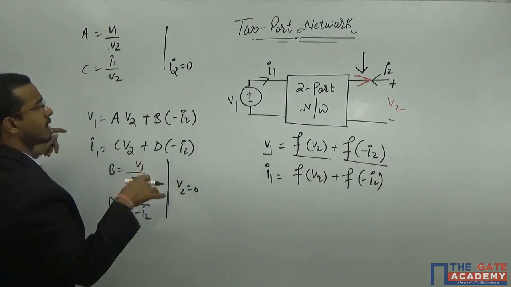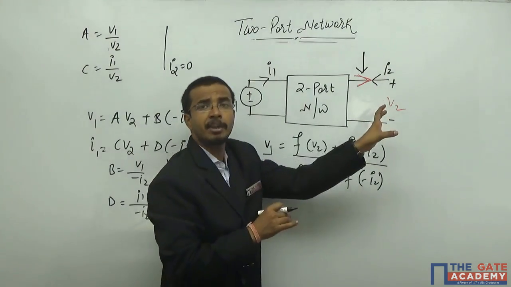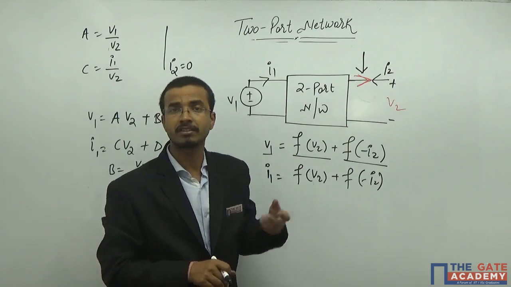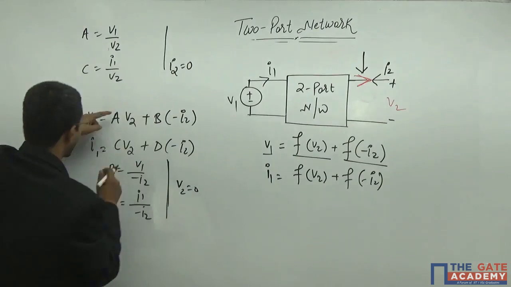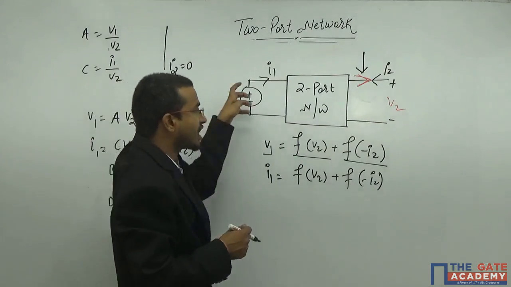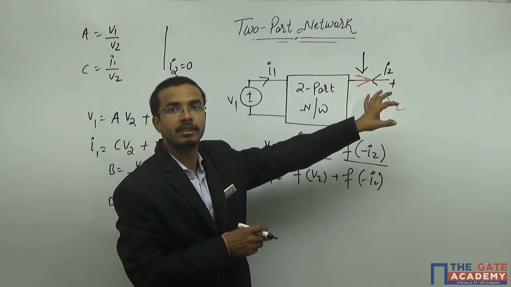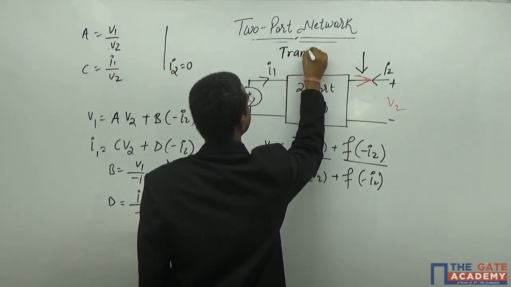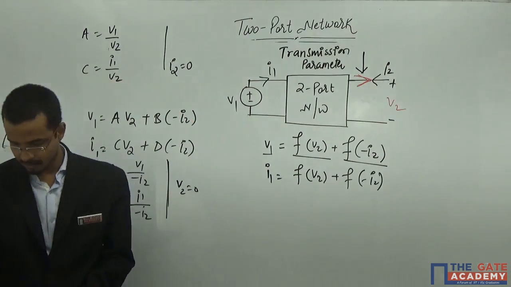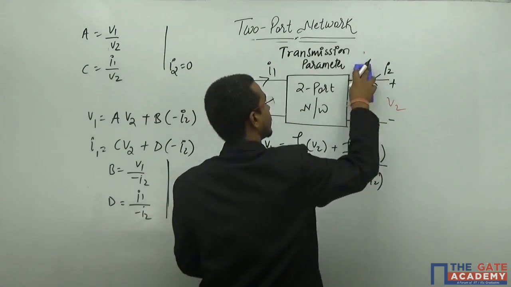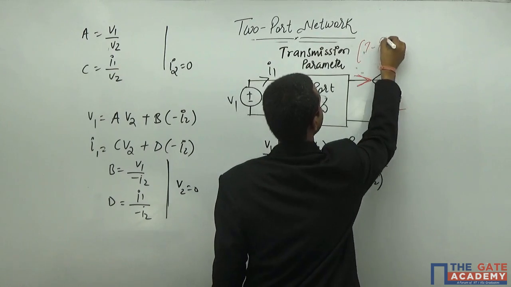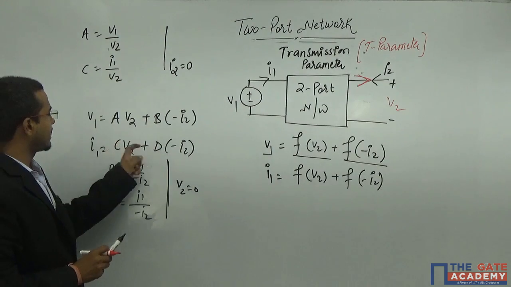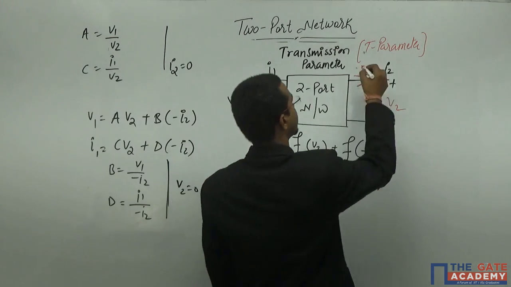And this particular is coming from communication theory. That means you are transmitting something and you are trying to see the efficiency of this transmission. That is why these four parameters will tell you how efficiently you can transfer the data from here to here. That is why this is known as the transmission parameter, or T parameter. Or according to this ABCD, it is also known as the ABCD parameter.